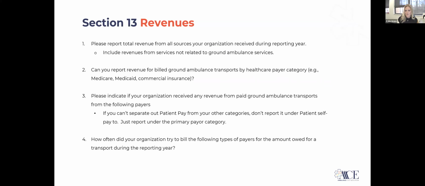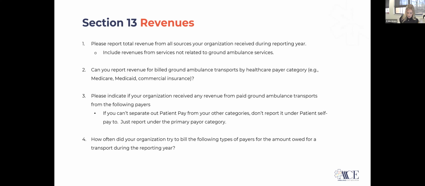I don't see the payers. Sorry. Okay. So it's going to actually break down payer category by Medicare, Medicare Advantage. You have to be able to separate those, but if you can't, you can report it all under Medicare, Medicaid, Medicaid managed care, commercial insurance, workers' comp, VA / CHAMPVA, and then there is no auto category, so you're going to want to include auto in your commercial insurance category, and you're going to include the total revenue, and then you're also going to have to tell them whether or not that revenue includes the cost sharing.